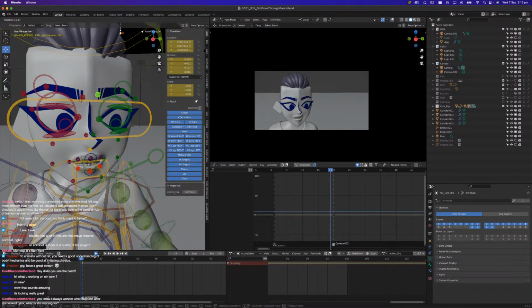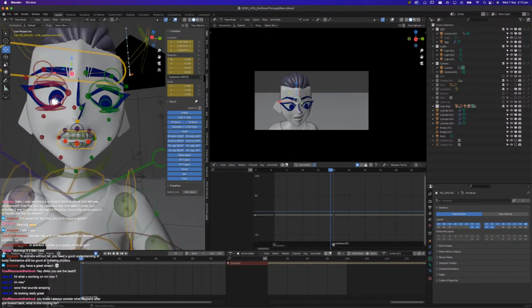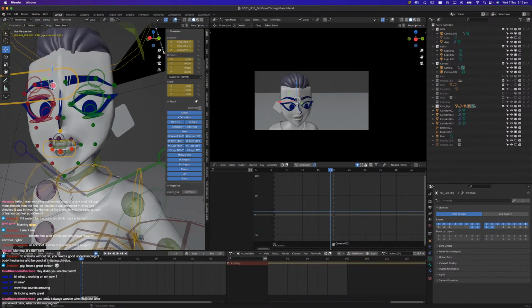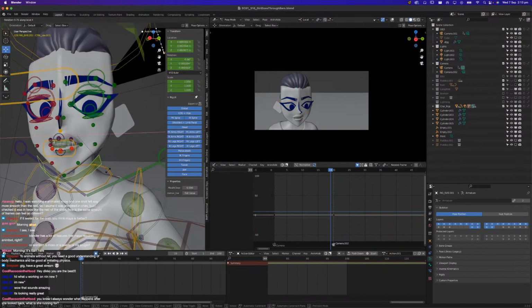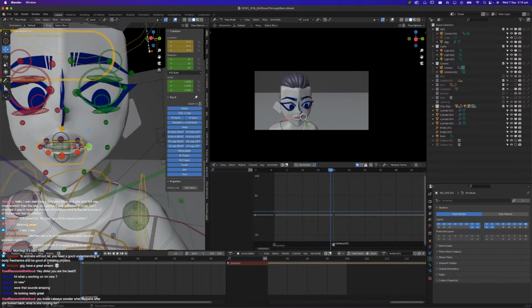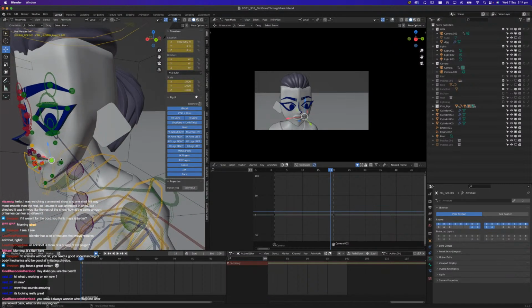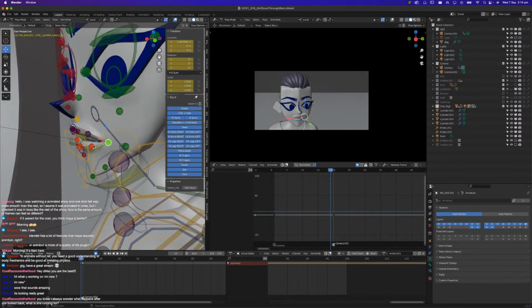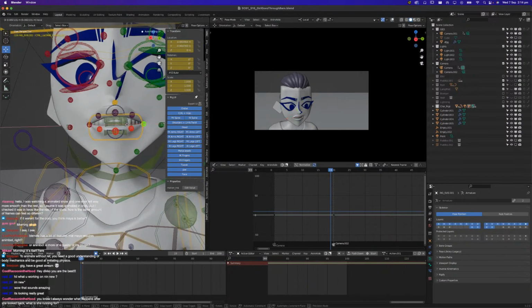So I'm just gonna get that going there. There we go. And now she's looking a lot more determined now. I might have her clench her jaw a little bit more and reset her mouth there as well. Alt G to reset that. Bring the mouth back a little bit. Obviously, it all depends here how this is going to look in render, but